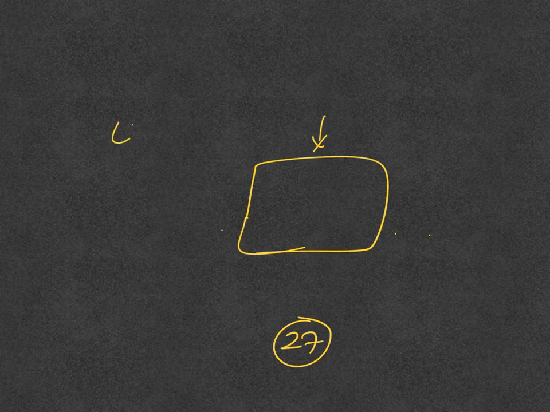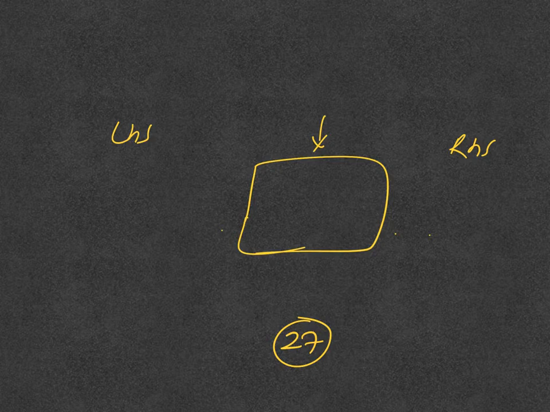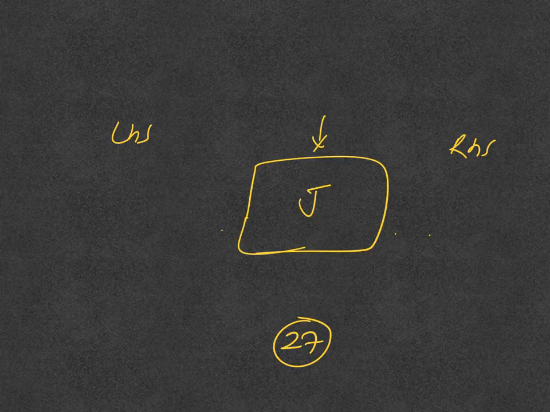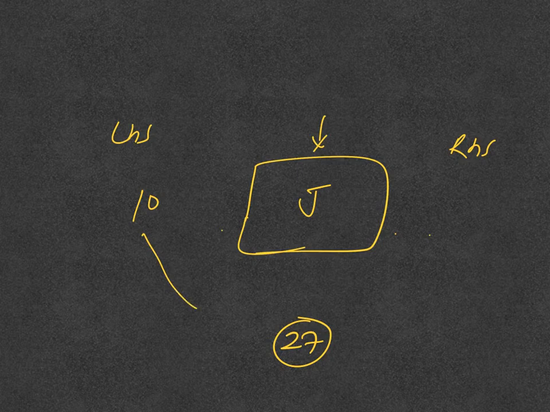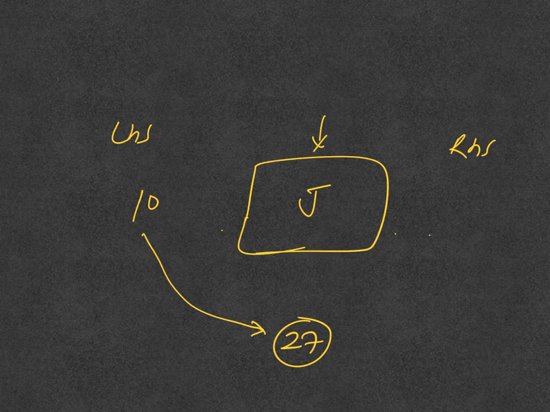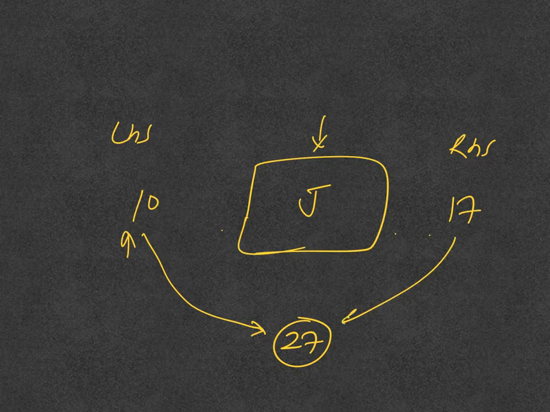So from the left hand side we have already learned the value, and from the right hand side we have to find out. Suppose I have written here J. From the left hand side we have learned what is the value of J. J is the second letter of the word Ijoti. So the second multiple of 5 is 10. So from the left hand side its value will be 10. Now what I have to do? I have to make the total equal to 27. So what value should I add with this 10 so that it will become 27? 17. So 17 will be the value of J from the right hand side. I hope you have understood it.